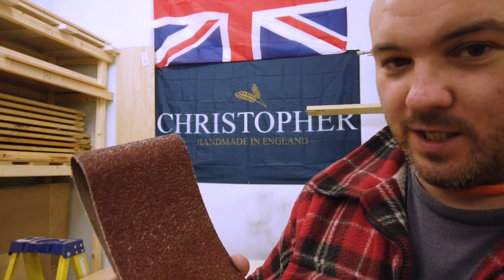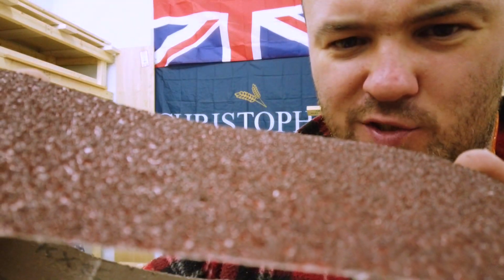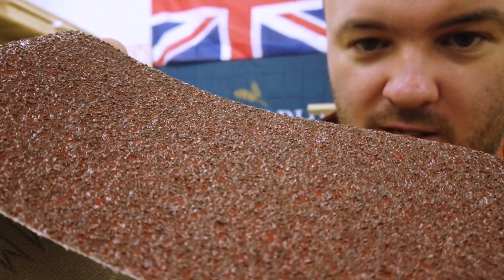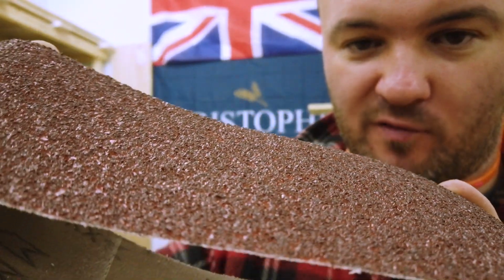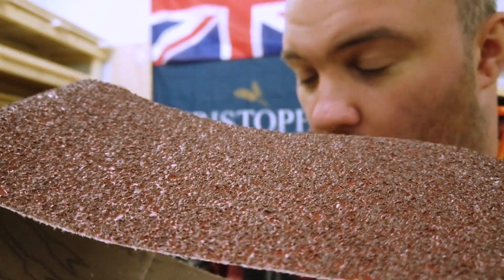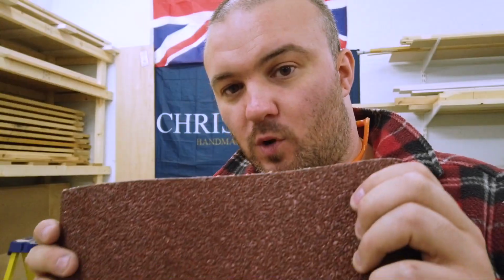Why is it called crocodile teeth? Well, I'll try and show you how rough this is. This is 24 grit, and you rarely find this anywhere. Usually everywhere it goes down to sort of 40 grit at the minimum. You wouldn't have this. I think they do make them for orbital sanders, but you certainly wouldn't want to use one. The reason why I have this is if you've got to scribe something to a floor, a hardwood floor